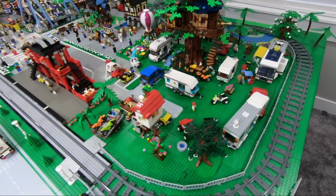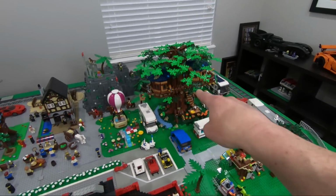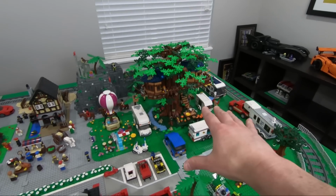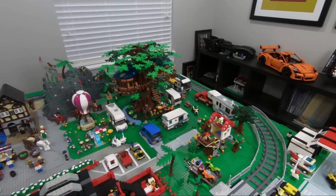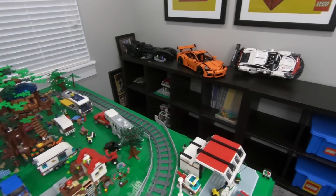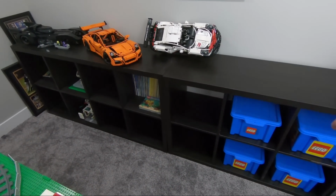And also, let me do this. I'm going to show you guys this too. Oh, you know what? I was actually playing around with the idea of getting another treehouse. I think there's room in there for another one. I don't know, maybe it gets too crowded. I'm not sure. But regardless, what I want to show you guys is that I got another one of these